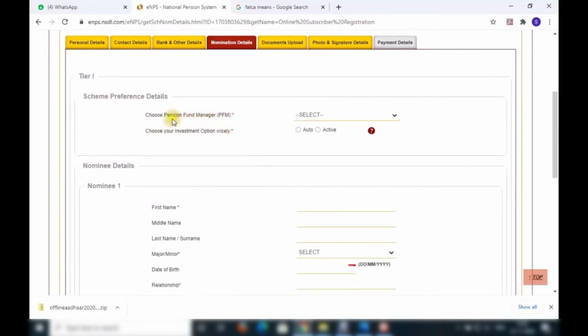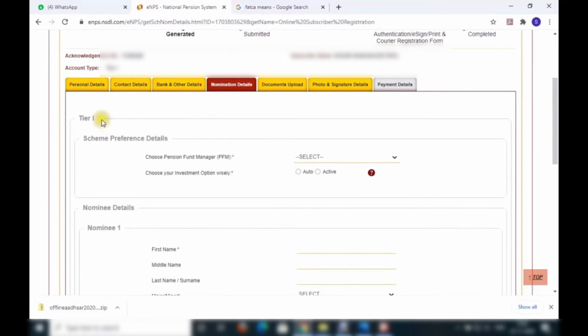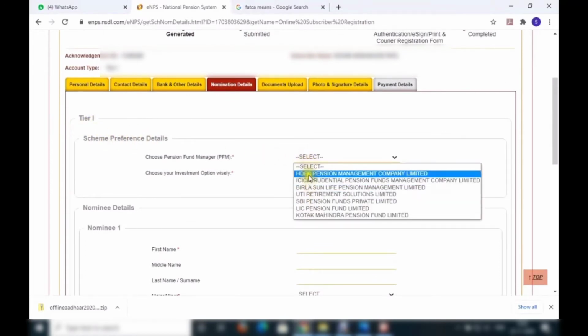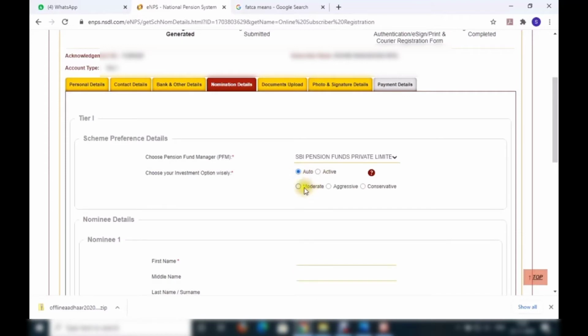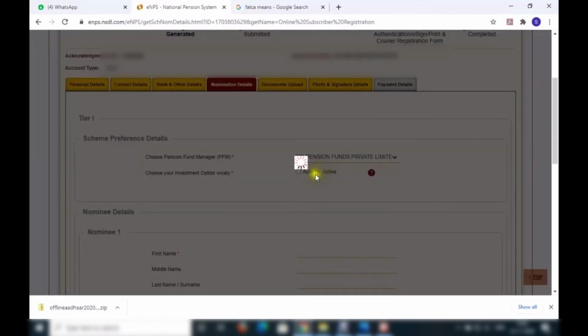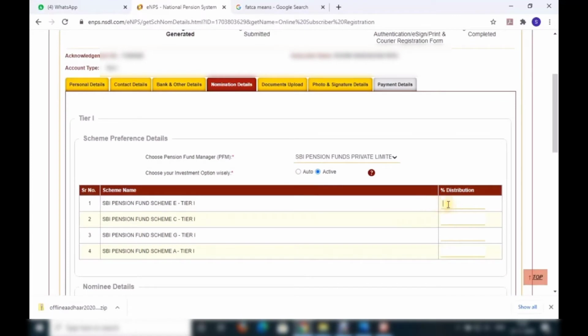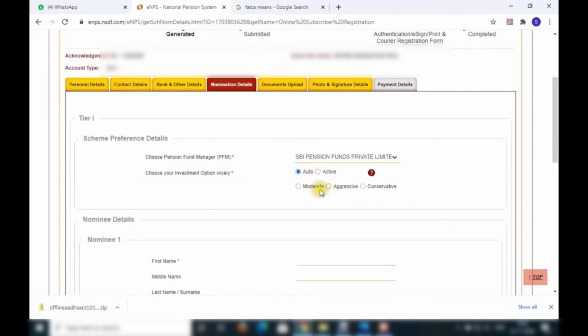Then next is the scheme preference. The fund manager you can select out of these: either SBI, HDFC, UTI. And your options: you can choose either auto or active. In active, you can select the percentage of sharing among equity, corporate bonds or government bonds.